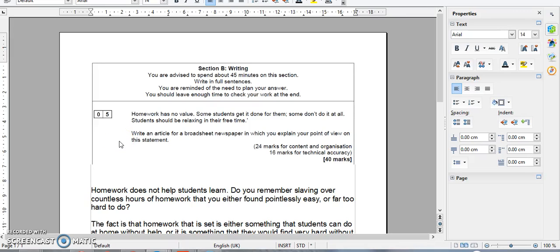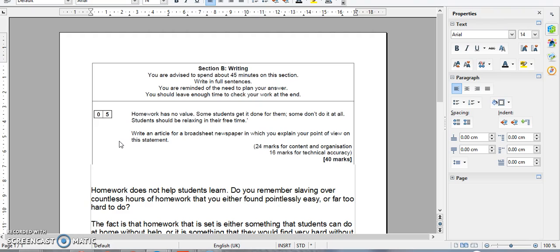Okay, so we are now going to look at how to construct a PEE or a PEEL paragraph. These kinds of paragraphs are ones where you want to argue a point. It's all about getting your point across, your opinion across, and backing it up with evidence. I've taken this question from the second paper, paper 2, where in the writing section you'll have to argue a point. Although don't worry, we'll be doing plenty of practice with this before we even start to look at question 5